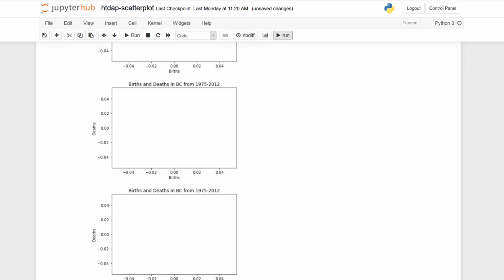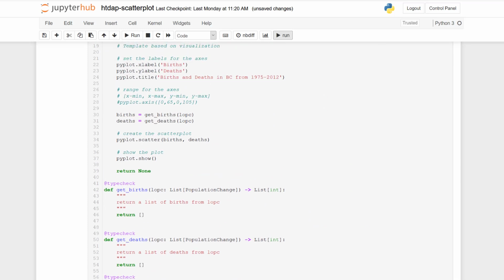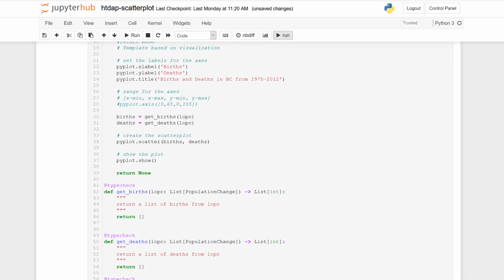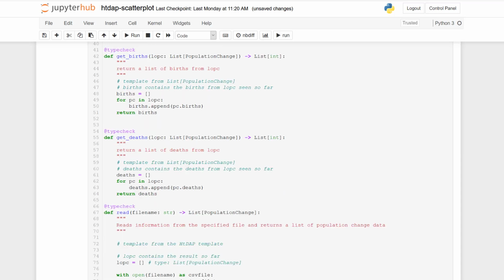If I scroll back to the plot function, I can see that I'm plotting an empty list. Births, when it's just a stub, and deaths will be the empty list, so I don't expect to see any dots on my graph yet. Now I need to complete the designs of getBirths and getDeaths. Since these are functions that you know how to design, I'm just going to pause the video, finish the design, and then restart the video. I have now completed the designs of getBirths and getDeaths, including examples and tests below.